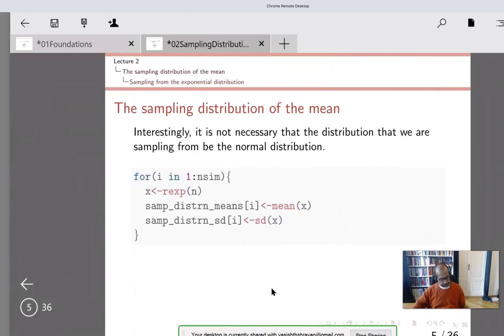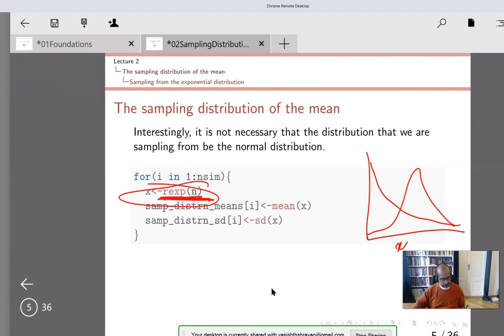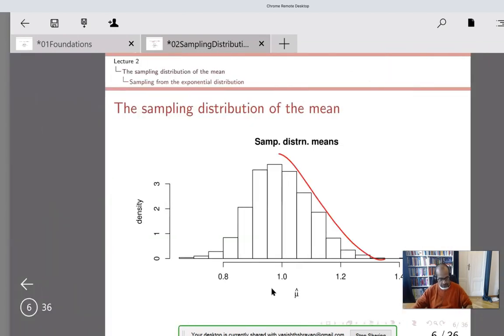What's interesting here is that the underlying random variable that I'm getting samples from does not have to be the normal distribution. If you look here, I'm sampling from an exponential distribution. So the underlying random variable has a probability density function that looks like this, not like this. Even then, when I'm sampling from this exponential distribution, the distribution of the means under repeated sampling is still going to be normal. That's pretty fascinating. I think that's a cool fact,